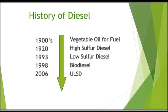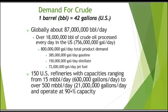And then 2006 was the biggest change yet, and that's where we see our fuel today as ultra low sulfur diesel, which is down to 15 parts per million. We'll talk a little bit about going forward on what that really meant for our fuel and our engines. To give you a little overview about our demand for crude in the United States,